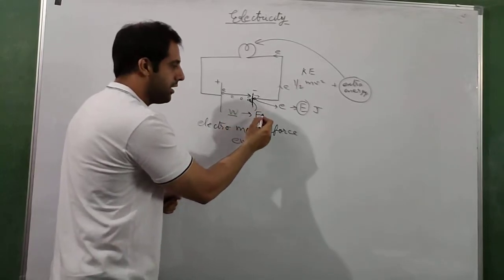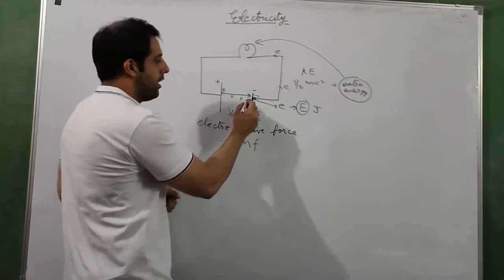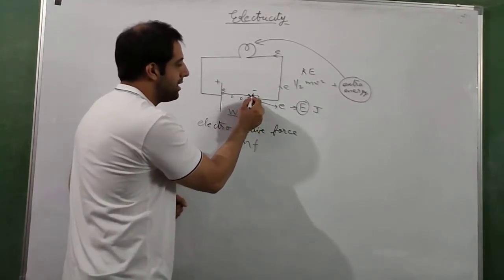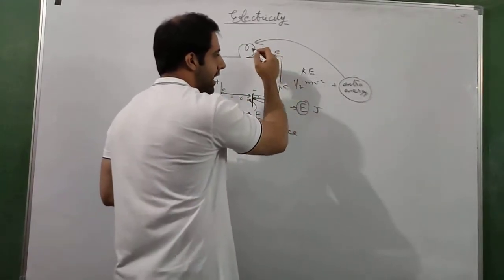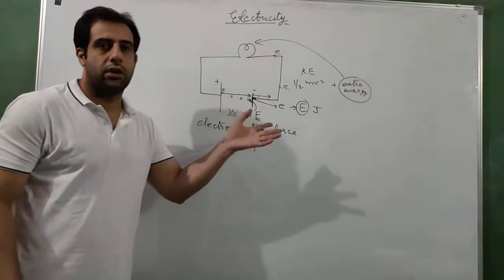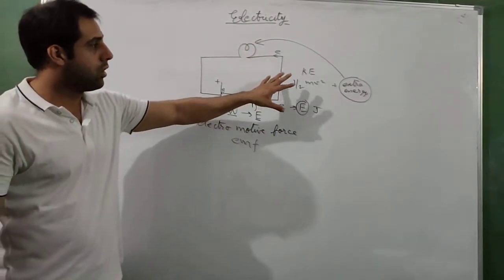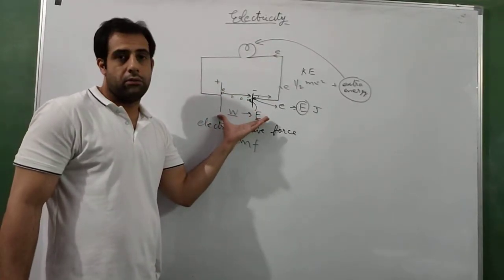This work is converted into energy, and this energy is stored with the electron. Now when the electron crosses the negative terminal, it faces a repulsion from the negative terminal in this direction, and then it flows, it transfers the energy, and whatever device you have connected to the circuit, that device starts working. So this is how a basic circuit works, and this is the role of the battery.